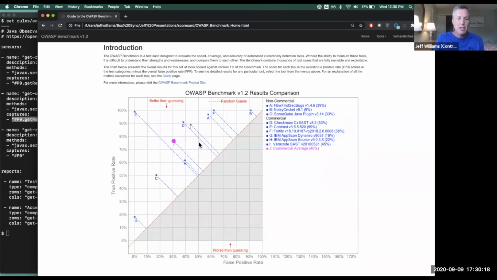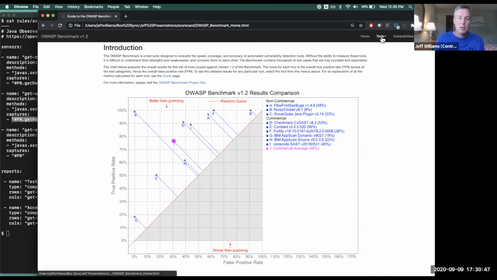But as you'd expect, DAST tools are accurate. Like this is IBM's dynamic tool. They're accurate, but they miss a lot. And static tools tend to find a lot more false positives, to the point of being kind of absurd. And then in the middle is a bunch of vendors who've tried to compromise on that. But really what they need to be doing is moving up and to the left, because you want 0 false positives and all the true positives.